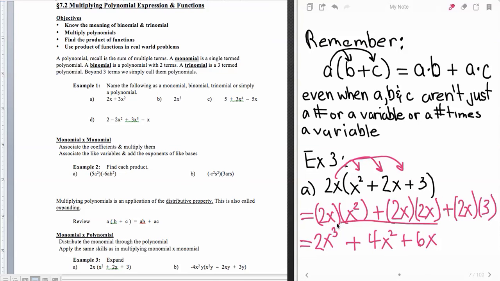Now again, if you have been in an algebra class before, you might be tempted to say, oh, I need to factor that. Remember, factoring comes after we learn to multiply out, and it just takes a sum and takes it back to a product, so we're not doing that. All right, in the next video, I'm going to be doing some more